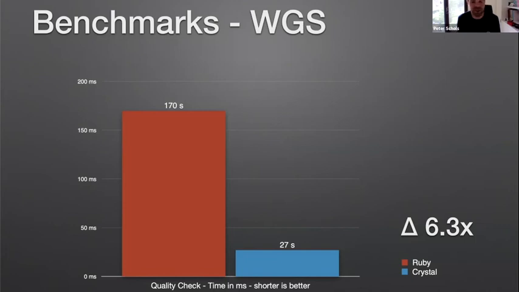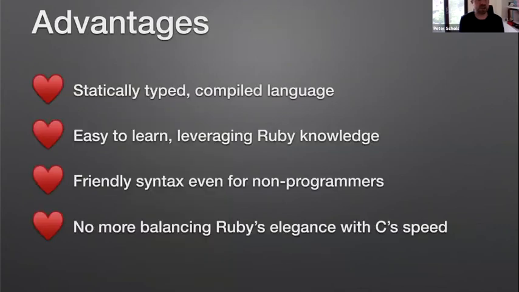And we just did it for fun. We had no intentions of having this in Ruby at all. We just wanted to see, not in a micro benchmark or an artificial benchmark, but in a real world application setting, what the difference between Ruby and Crystal turns out to be. So to summarize, statically typed, compiled language, easy to learn, friendly syntax, and Crystal performance definitely make it a very